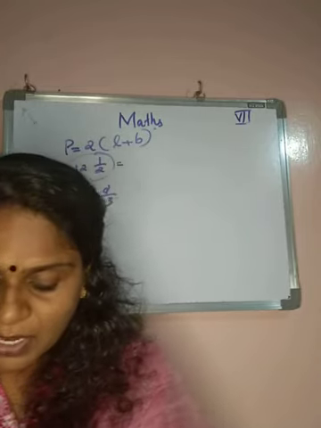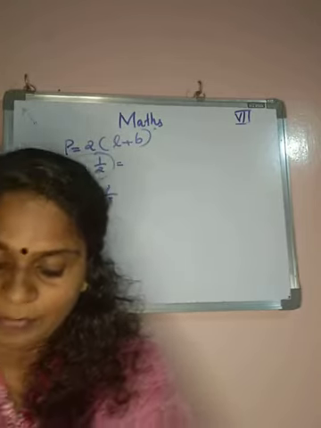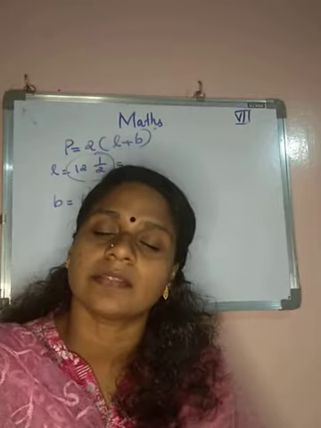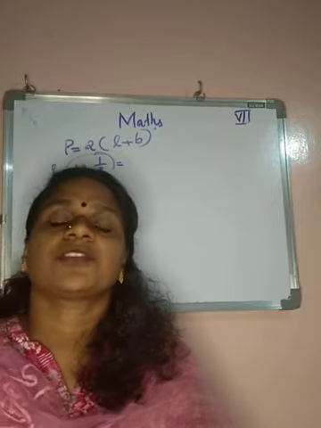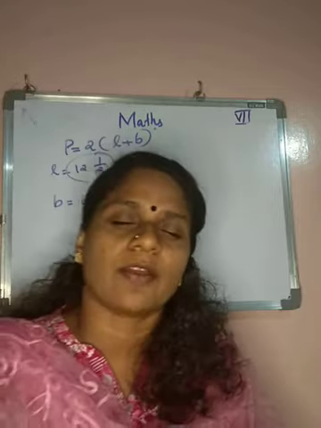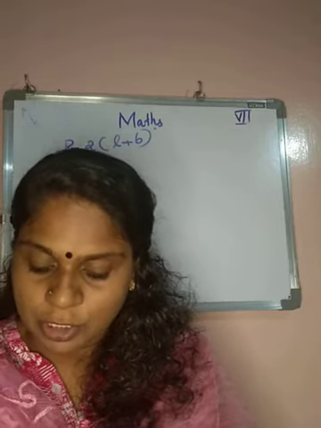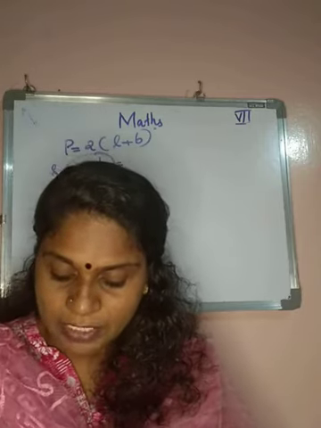Okay, first we find the perimeter of the triangle. The perimeter of the triangle is equal to adding the three sides, the measurements of the three sides. Then another one is the perimeter of...